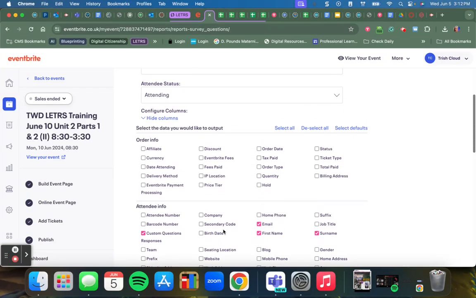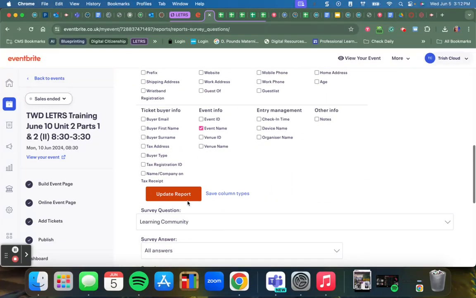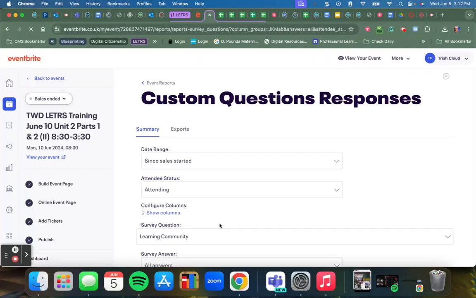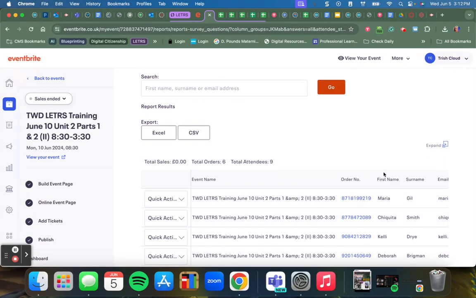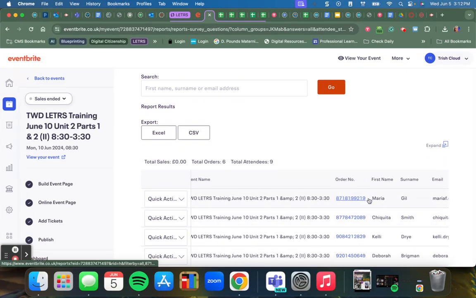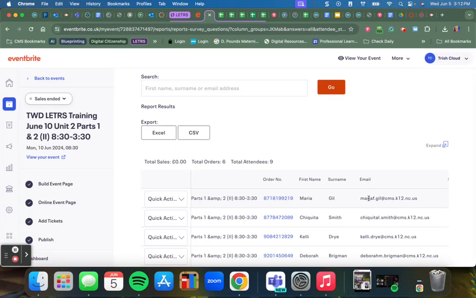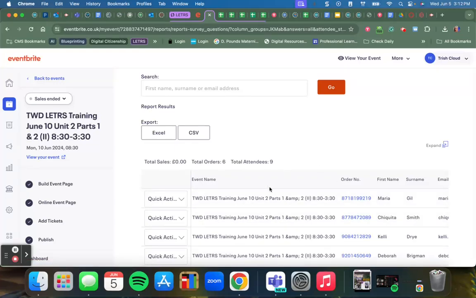If you notice, when I update my report, you will see what the report looks like here. This order number defaults, and so you have to keep it. So I'm going to do a CSV,